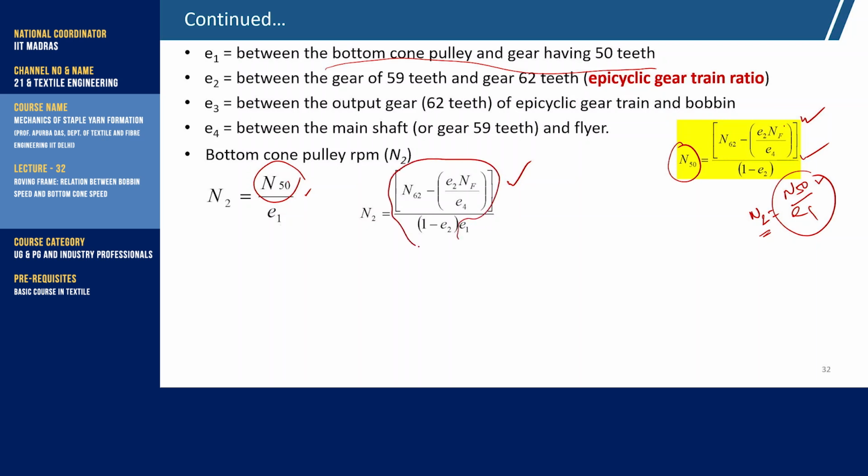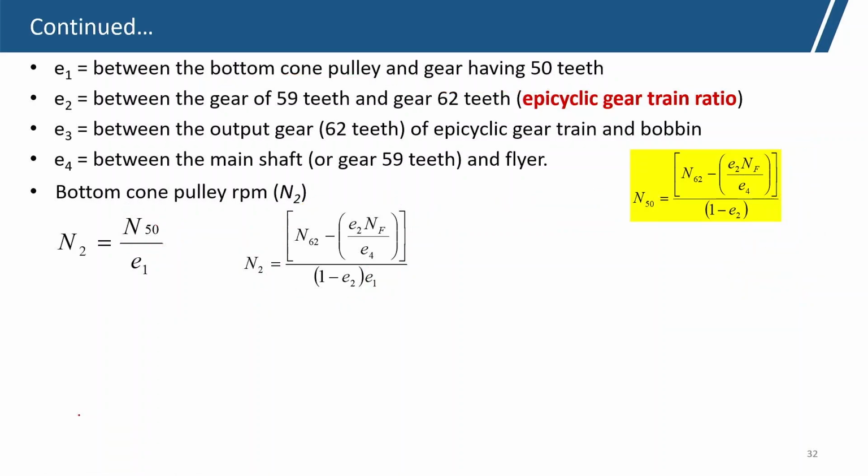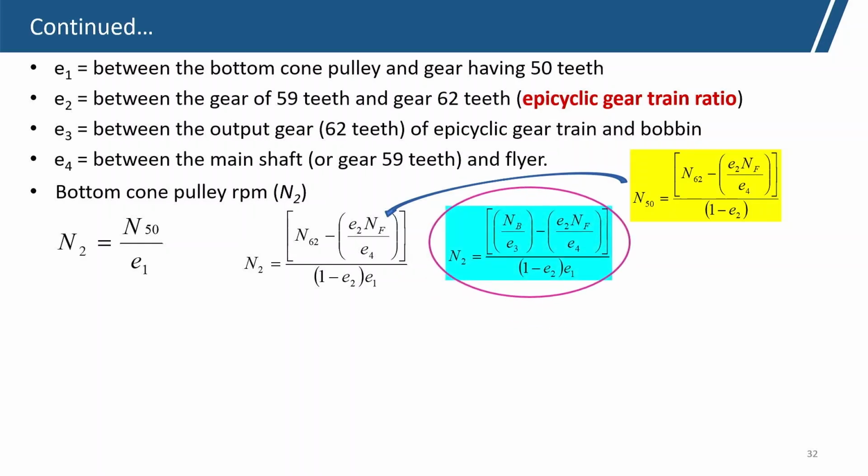All these components are N50 divided by E1, which gives N2. N2 is the RPM of the bottom cone pulley. So, from there we get, and what we are getting here, you can see